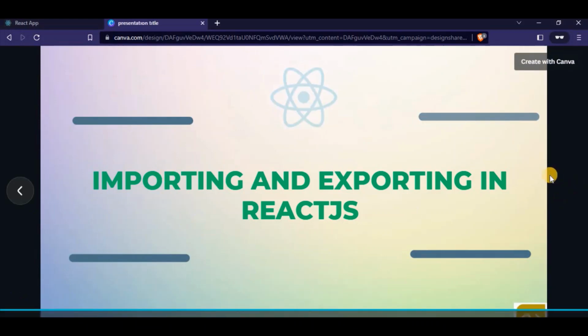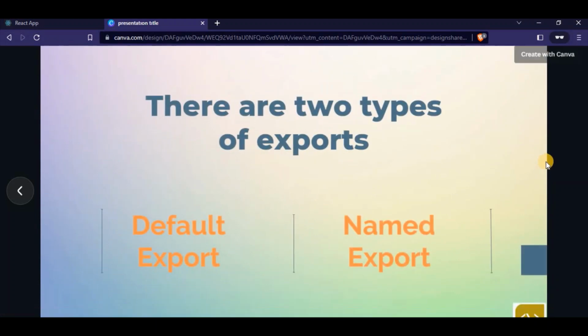So at first you must know that there are two ways by which you can export your modules, or we can say files, or in normal terms components, in your React application. One is default export and another one is named export. At first we will see with a live example how you can implement default export and default import in your React